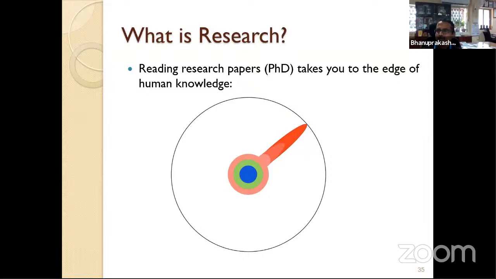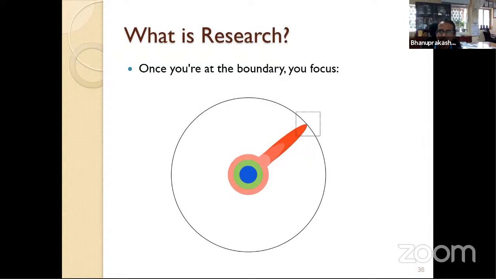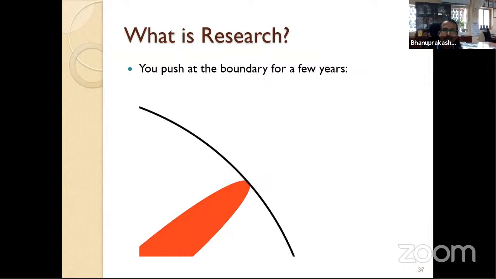But by the time academically, when I'm done with my master's degree in biochemistry, I should have known everything in this particular area, what has happened. Now I want to explore what is not there. That is what research is. Once you reach the boundary, you know everything that is already available. You read it and you practice and you experience. It is all different things. But now you want to do something slightly different.